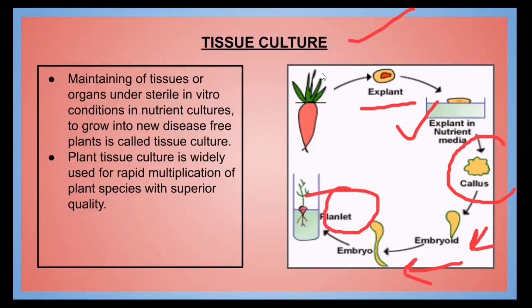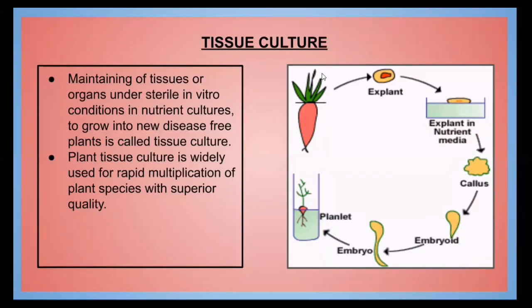Now, why is this process done? This process is done so that the plants of good varieties, having good qualities, having desirable characteristics, can be multiplied. It is done in the lab and it can be used to grow very good varieties of plants. Like the desirable characteristics you have studied in 9th class. Disease free, which gives more yield. So this completes today's session.